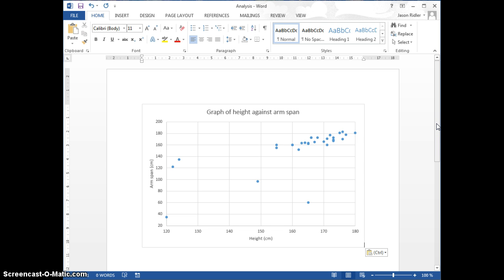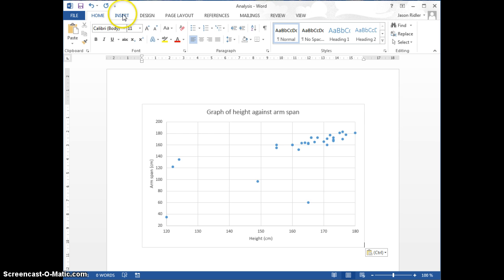Now, firstly, that is drawing a scatterplot. What I'm going to describe now is how we analyze the graph and write about it. So if you're just interested in drawing at this stage, then just pause the video here and create your scatterplots first, and then come back once you want to learn more about doing the analysis section. So the first thing we do with analysis is we want to draw a trend line,